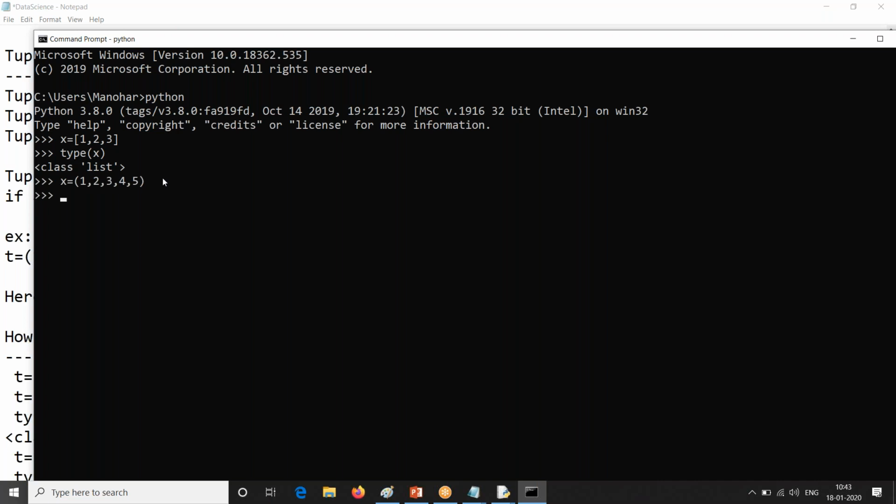I want to know the inbuilt class, the internal class name. So how do I do that? Again, type of x. This time, what do I get? Can you see here? Tuple. Another way of creating a tuple. What is that? x equal to